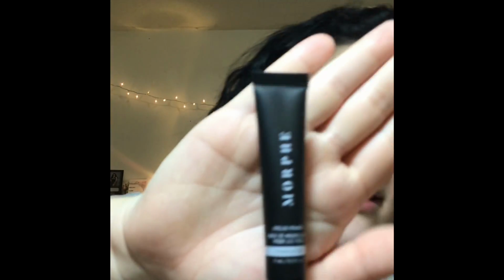And I have an eye primer somewhere. Here we go. So this is my eye primer. It's by Morphe. I don't know if you can see it. Okay. And I use about a dot. So I'll show you what I mean by a dot. About that much on each eye,